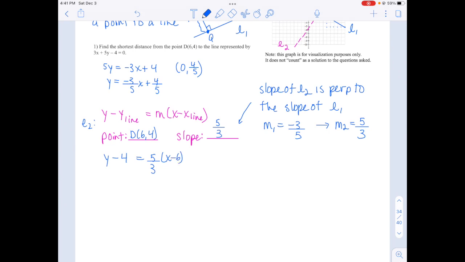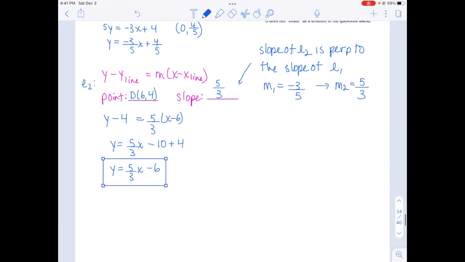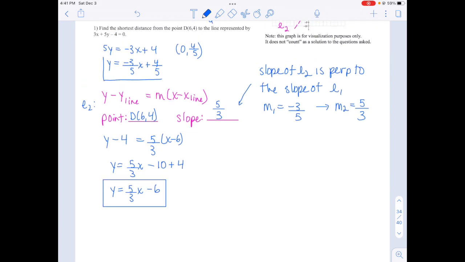to the formula. I get 5/3 x, and if I multiply 5/3 by -6, I'm going to get -10. You can pause the video and figure that out if you need to. y equals 5/3 x minus 6. So what I can do at this point is look at L1 and L2,